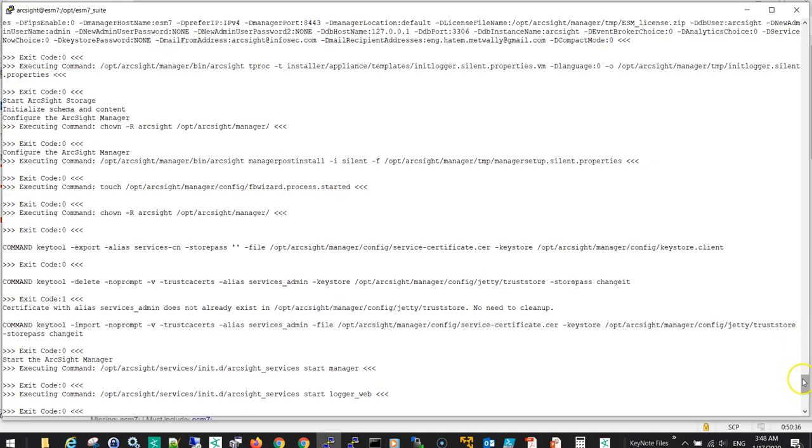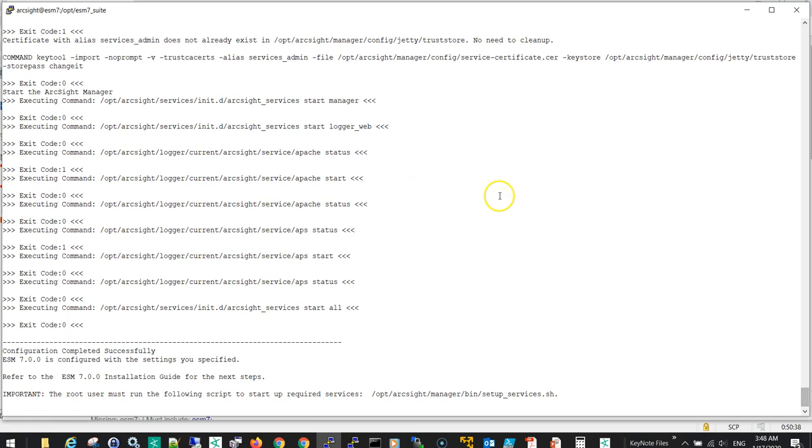You can see here manager service, the logger web service, some services, all the services have been started, and finally the message congratulates that the configuration completed successfully, and the root user must run